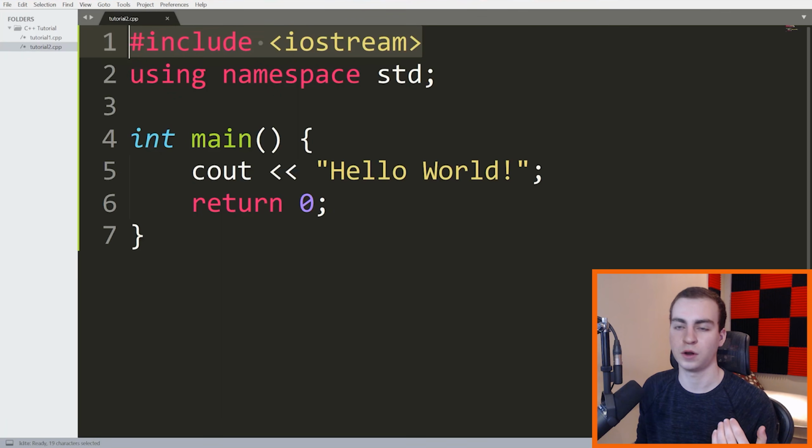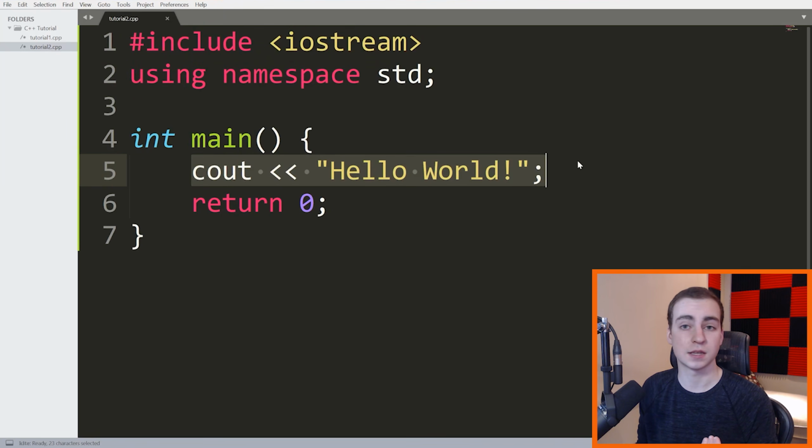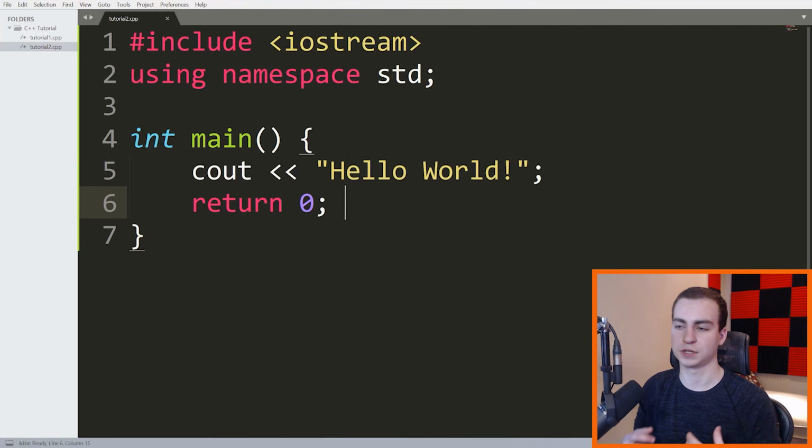So just like line 1 runs first, then line 2 runs. As soon as I call the main function, the first line inside of the main function runs, then the second line, and so on and so forth. And code works just like reading a book would. We read from top to bottom, and from left to right. So that is the idea.